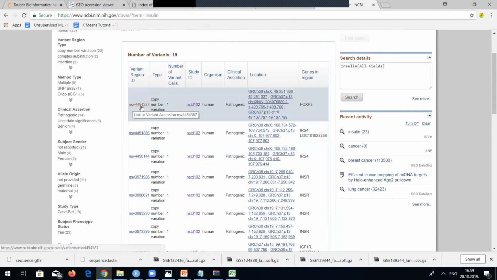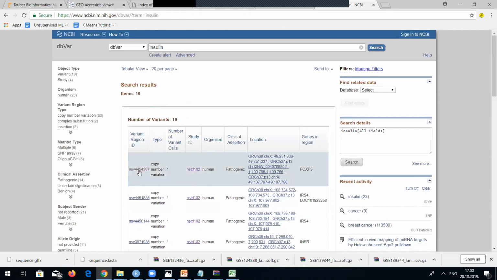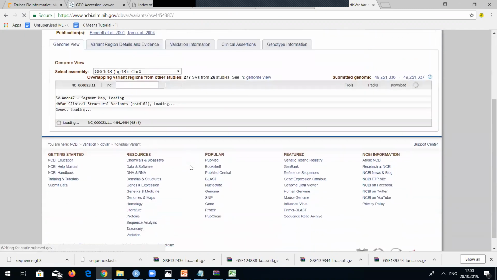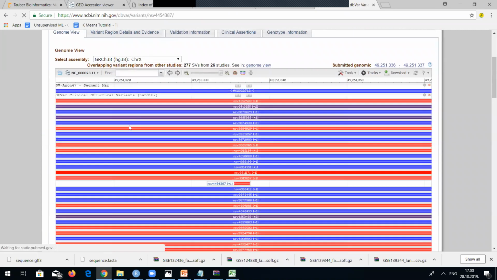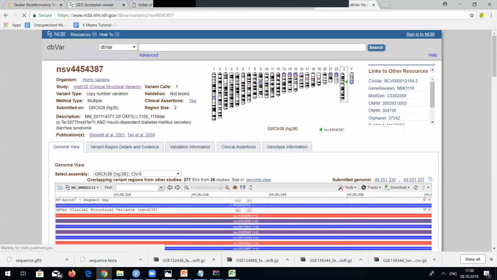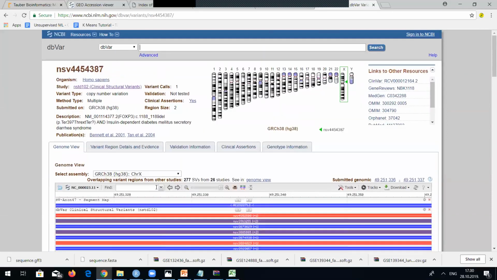You have the region ID. So you have type. You have a lot of information here. You can access any one of them. For example, let's access the region here. Let's see how it looks. So it will just load in a couple of seconds here, and you will have those regions. Now it's quite complex here. You have the chromosome where it's located. You have regions where this polymorphism